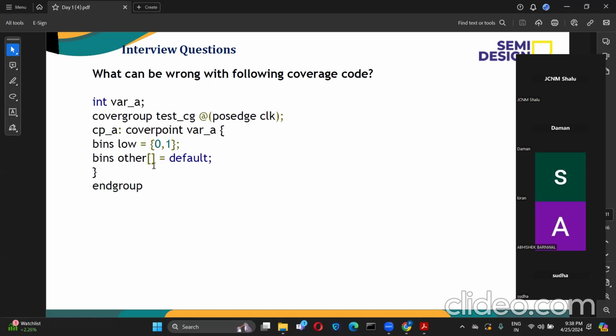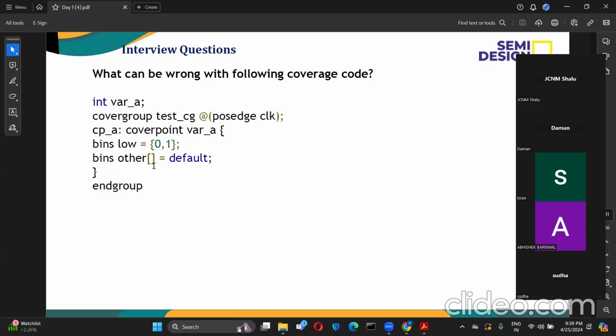So that is not a recommended way to use default, because so many values are getting into one bin. The tool might crash that way, or there could be some issues. That's why it is recommended to avoid the default bins. It's better to always take whatever bins we are interested in. Otherwise, you can just provide an implicit bin so that it will create the auto bins by itself.